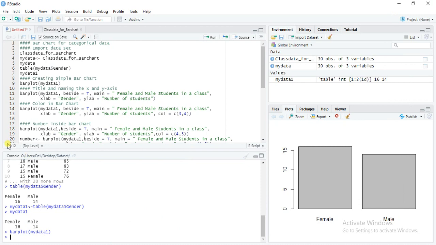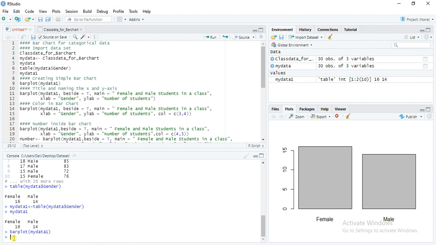Now we want to add some color in these bars, female and male, and we should write the title of this particular graph, as well as naming of the x-axis and y-axis.